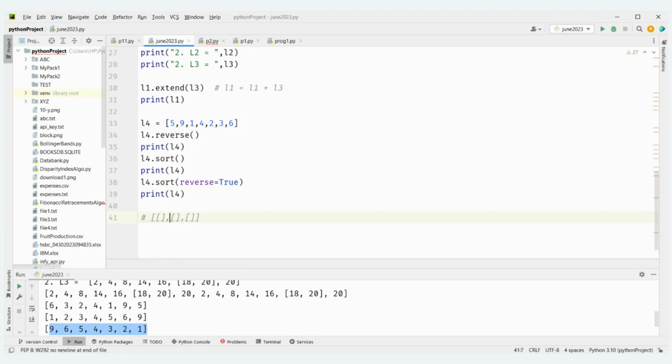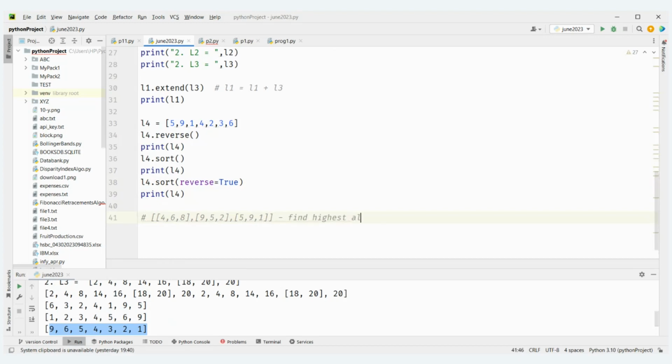Okay, so I want you first create this. Let's say 4, 6, 8, then let's say 9, 5, 2, and let's say 5, 9, 1. I want you to create list of list, okay, and then find